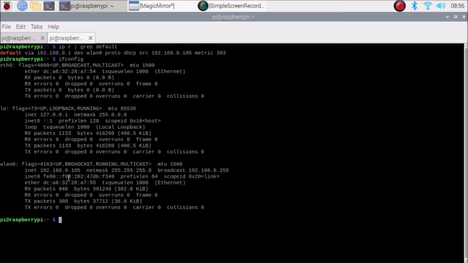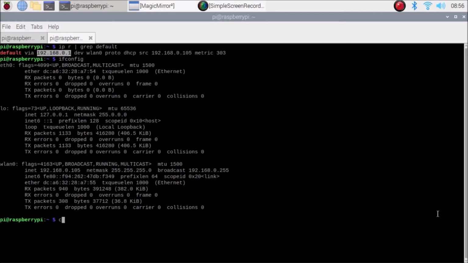So how to set the static IP address for the Raspberry Pi 4 or in any Linux distribution? Suppose you configure an application on the Raspberry Pi 4, in that case you need a static IP address for the Raspberry Pi 4 WLAN interface, or maybe the eth0 interface. So simply we are going to see these things. The main thing is the gateway, 192.168.0.1. This is our router gateway.